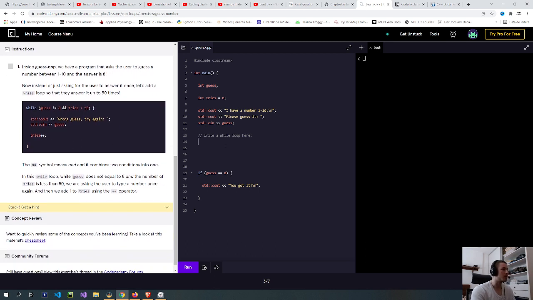So I think I need to write it outside of the if statement. And then once the if statement is reached, once they type 8, it's gonna run the if statement.